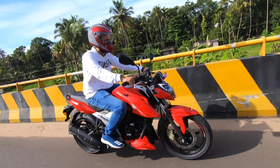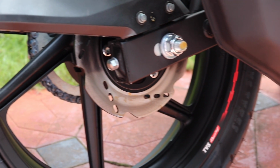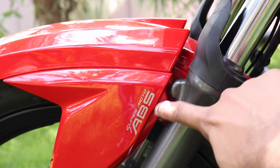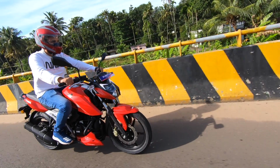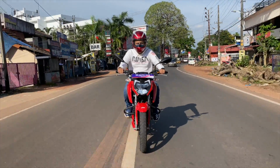Then about the brakes, well no matter which variant you get, the front will be 270 mm petal disc, while the rear it can be either 130 mm drum or 200 mm petal disc. And also both the variants of the RTR 164V BS-6 have a single channel ABS system and it's equipped in the front wheel. And here the version I tested is the dual disc variant, which is the top end variant,